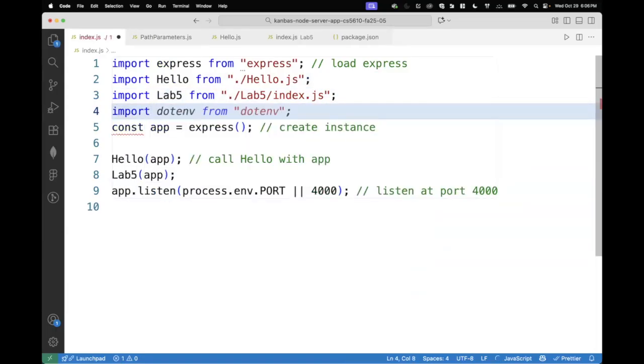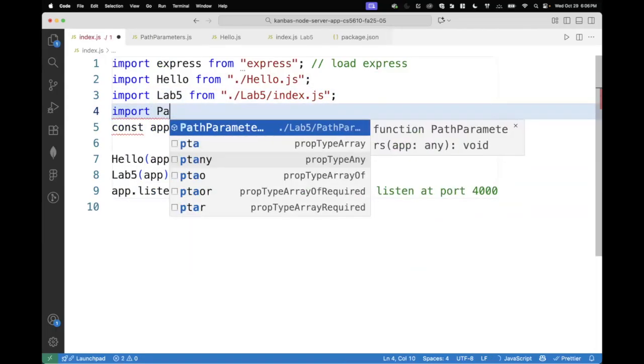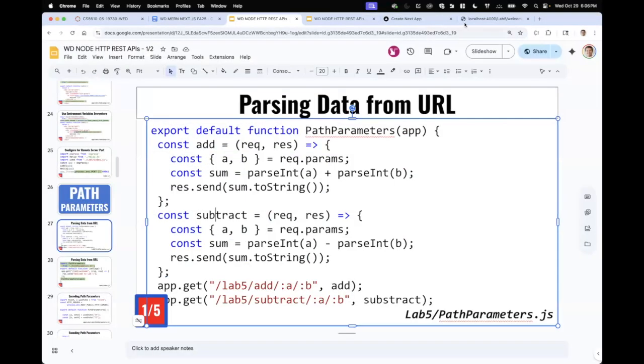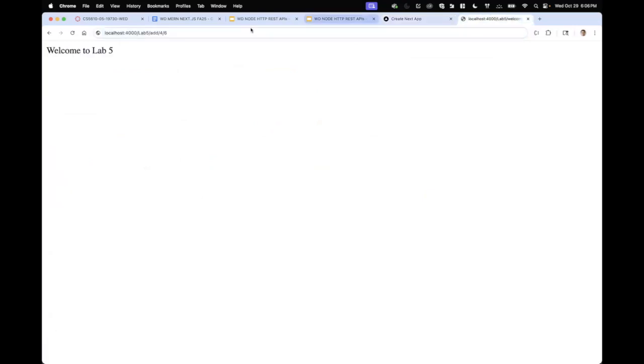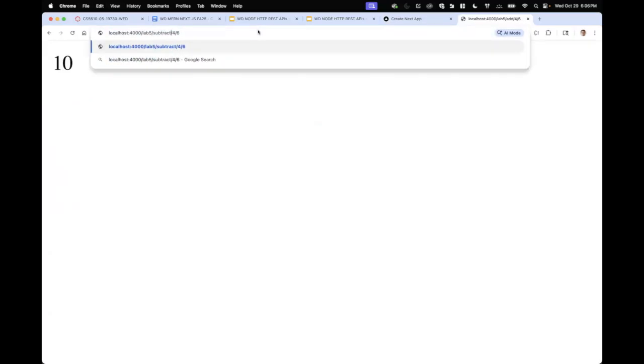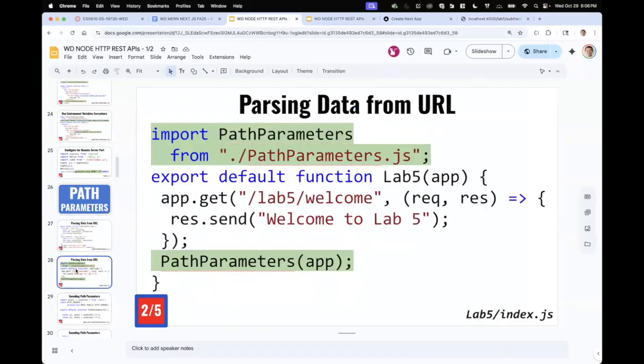So we are going to load it into our index. So import our path parameters, and then pass app. So we should be able to now go to the server and say lab5 add 4 5 returns 10. See that? Or we can say subtract 4 from 6, or 6 from 4. That's -2. And so now again, this is me interacting with the server directly from the URL, but the exercise asks you to actually